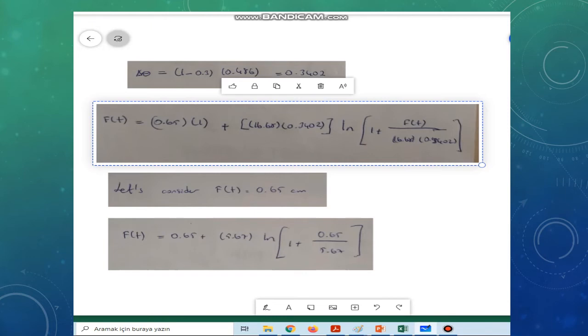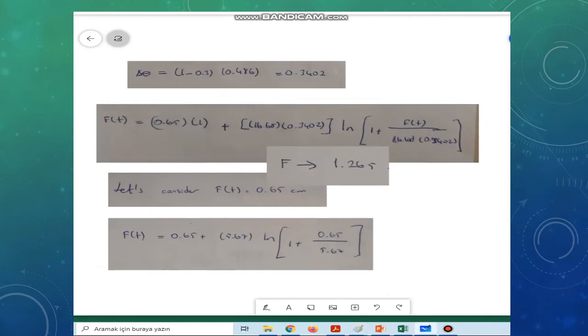I just give 0.65 and I'm going to check what it gives for F(t). So first infiltration, I get one point